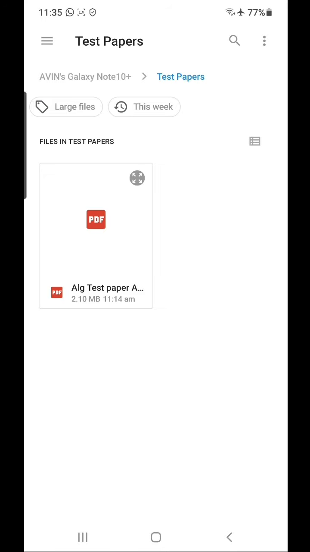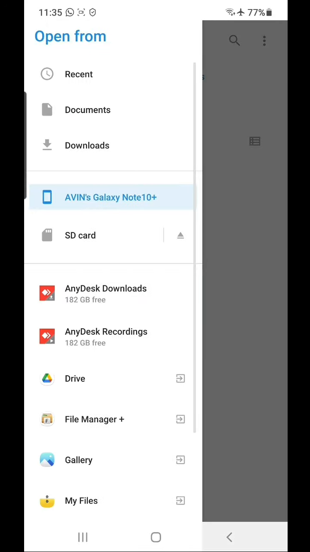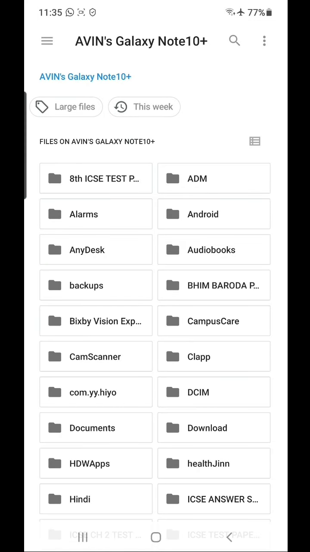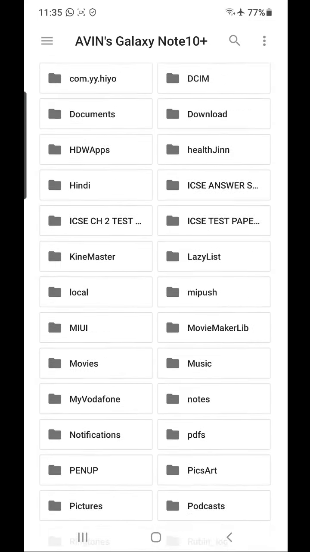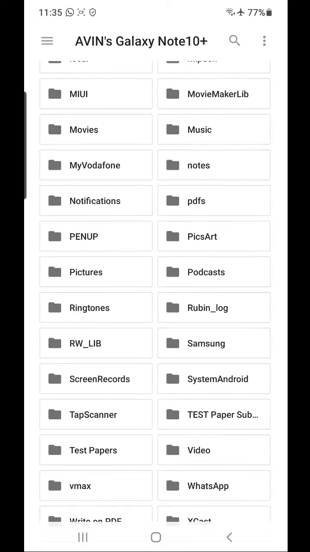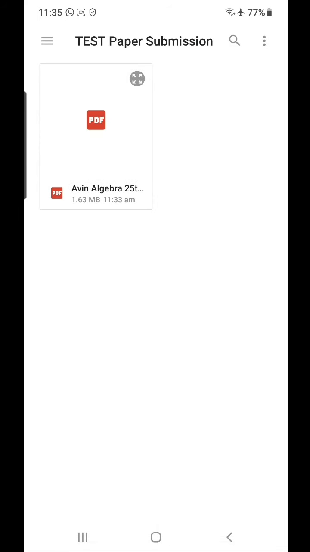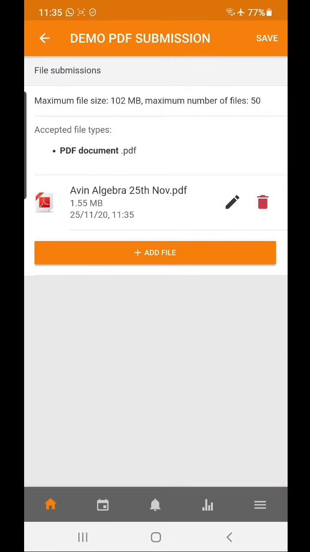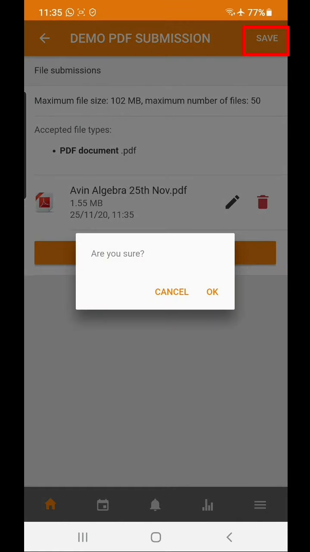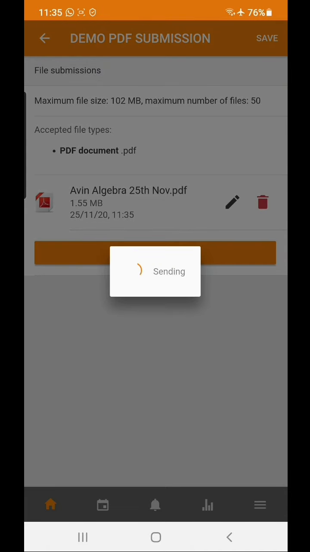So I go to my test, I click on the three dots at the top here, and I go to my device and search for the folder named test paper submission, and you can see the paper Avin Algebra 25th November. This is the paper. I click on that. I click on save. It says are you sure? I say okay.